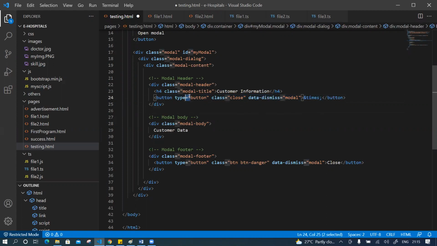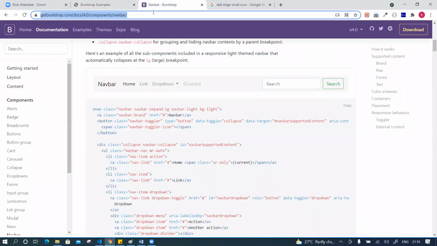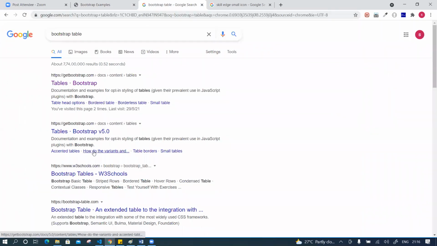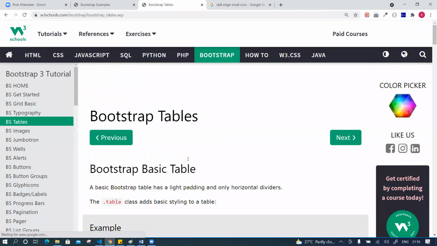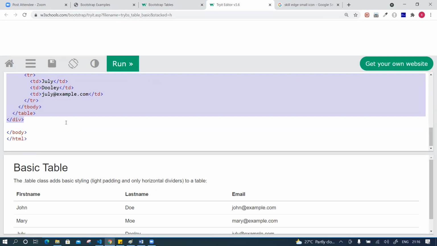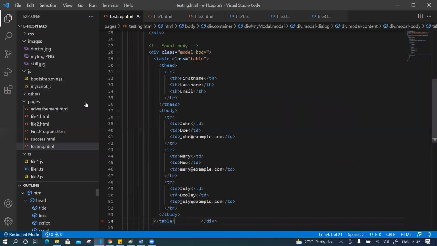Okay, so that button is closed, and then for the customer data we have to display a table. Then we have to display the footer. If you want a table, use a Bootstrap table. Any one table we have to take. Okay, save. Now if you open,